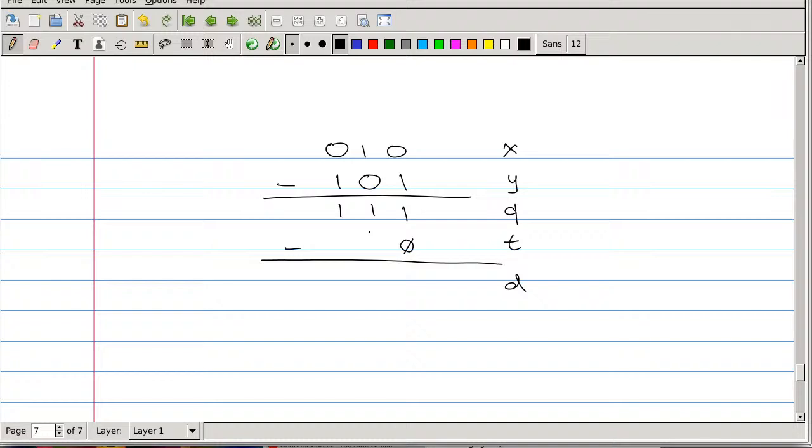Now, this one here, let me change the color. There are 2 sources that contribute to this bit over here. It can be the borrow of this or the borrow of this. Both of these can contribute to this particular borrow bit. And we can see that at least one of these two, in this case the top one, is contributing the borrow. So now we have a borrow bit of 1